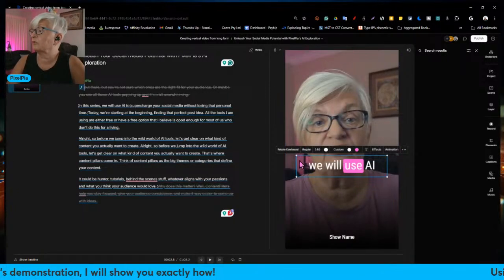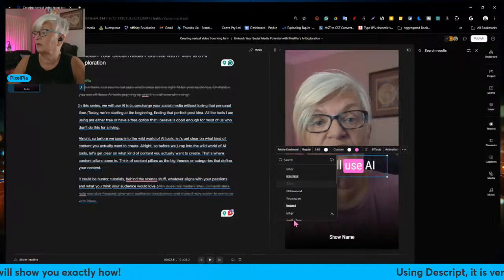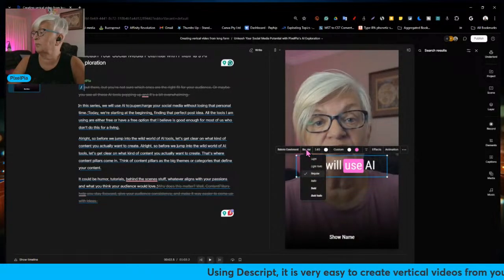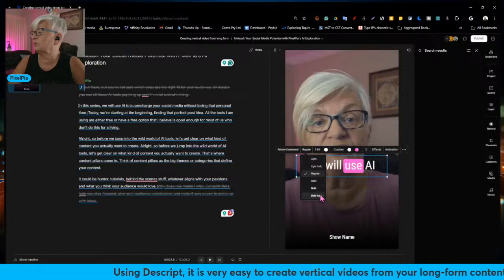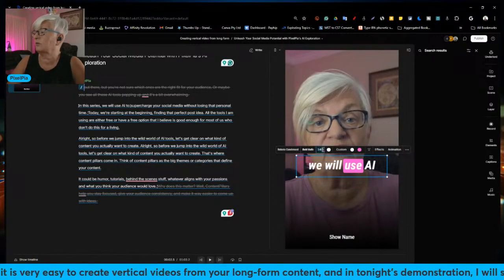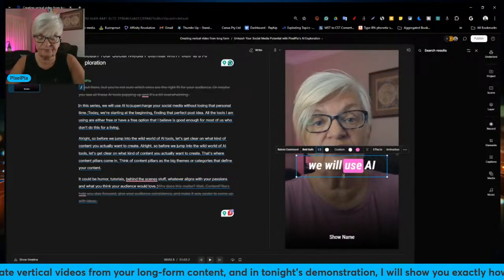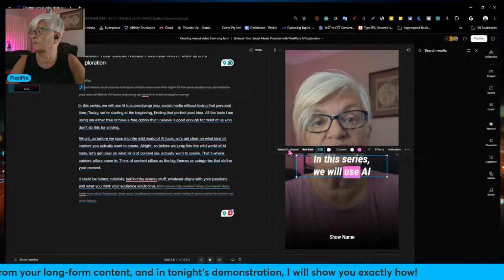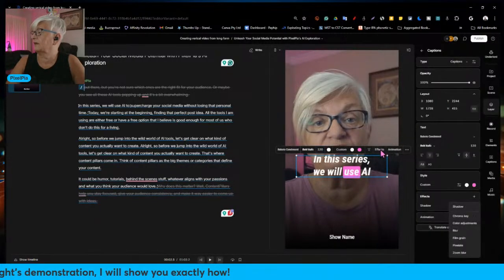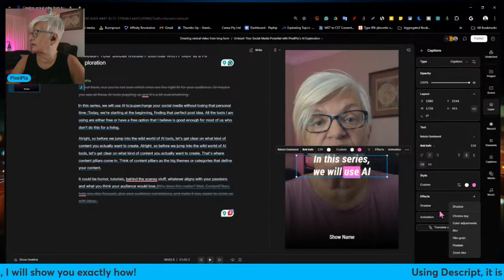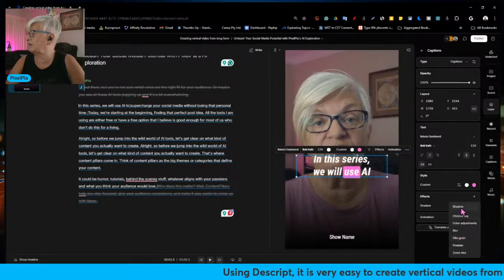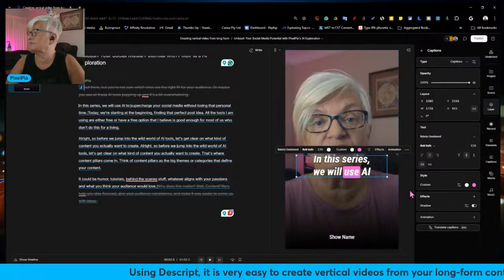I can also go in and change font style, type, if I want to use bold italic, for example. I can go in and change size. I can add different effects here. For example, if I want a shadow,